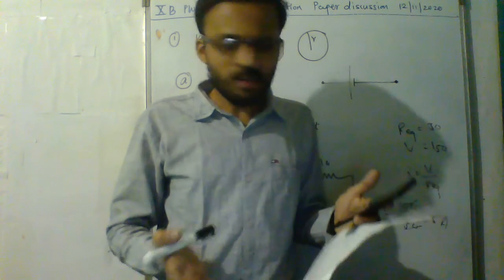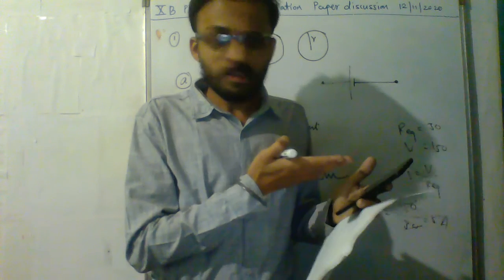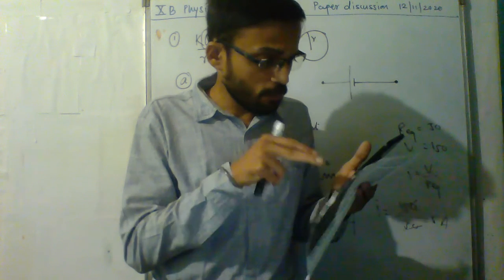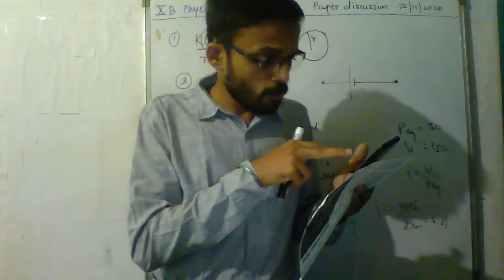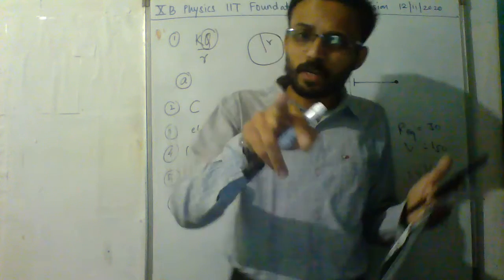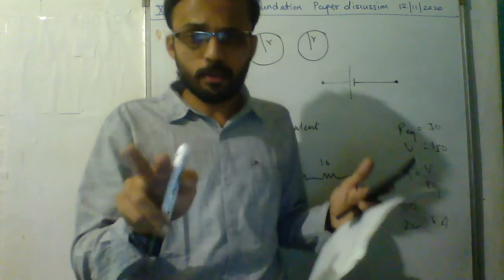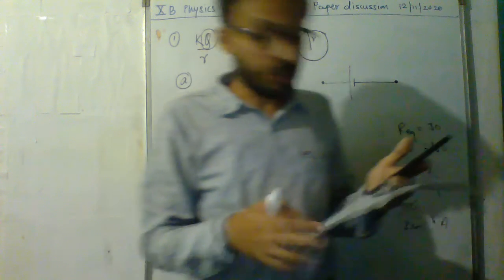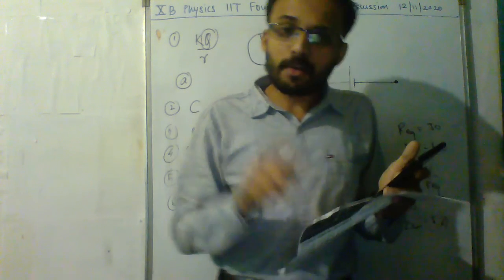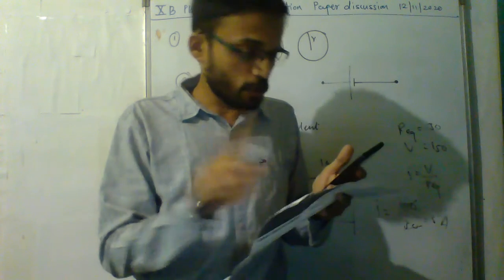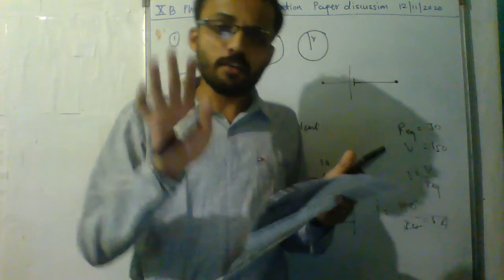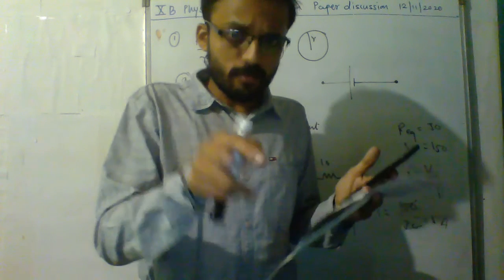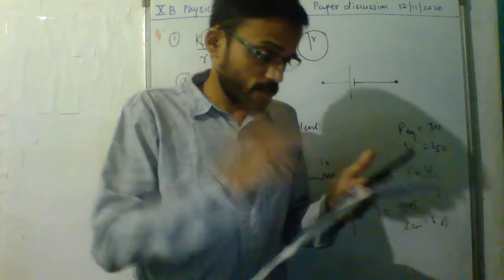No problem. M is equal to V upon U. The image distance is given and magnification is given. You have to find the focal length. You can calculate U and then 1 by V minus 1 by U. You can calculate that. Your answer will come 75 centimeters. Apparent vertical shift is the same, no need to explain, same formula you can use. Still, if you have any doubt, you may ask me personally. The option will be 1 by mu. There is a formula. You can see it in your worksheet.